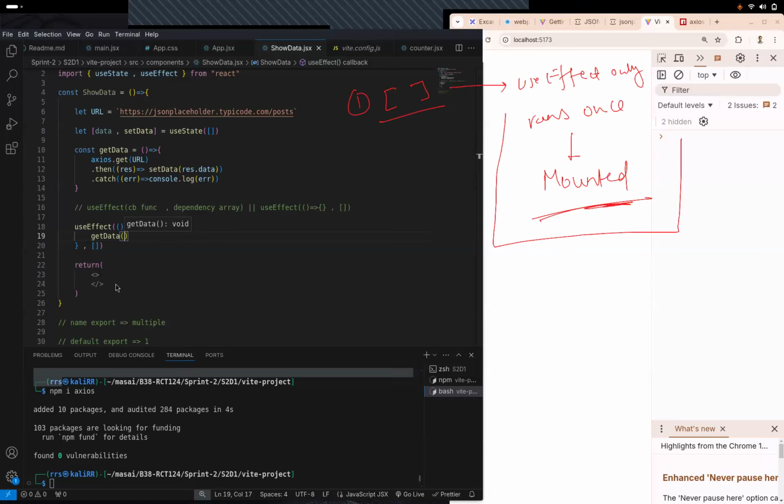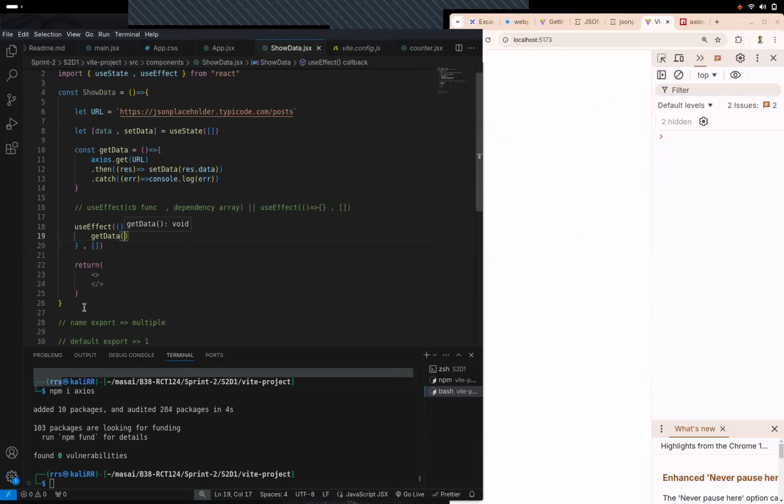Let's put it somewhere so that we can access it later also. So use effect के अंदर, let's say that dependency array is empty. So how many times is this use effect gonna run? Once. And when will it run? When the component is mounted. So basically, as soon as the page loads, this function will be called and this use effect will be done. We'll talk about the second step थोड़ी देर बाद. Second point, we'll discuss it in 5-10 minutes. First thing first, let's talk about this first sentence.